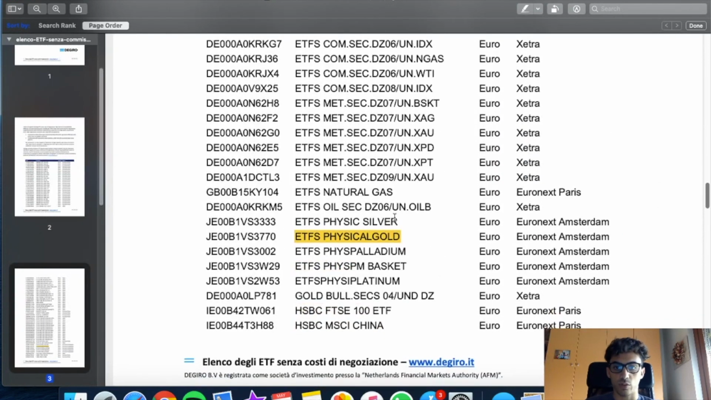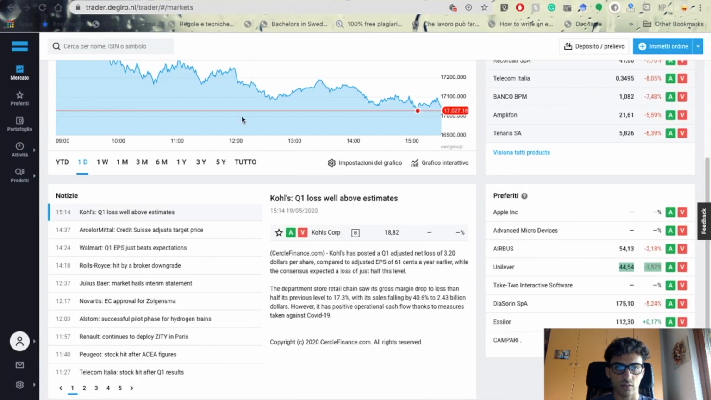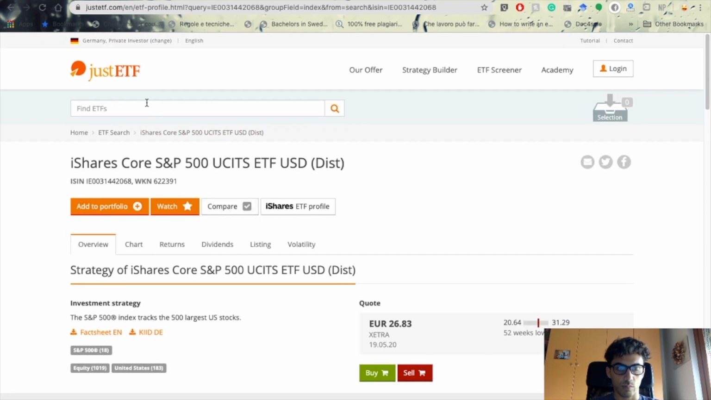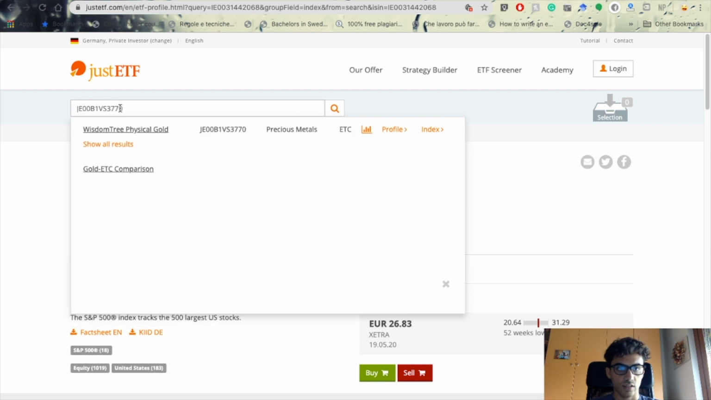So, for example, if you want to invest in gold, this is a good one. You would invest in the stock exchange in Amsterdam, and this is the code. So if you want more information, you can simply copy, based on the Just ETF website. You copy here,